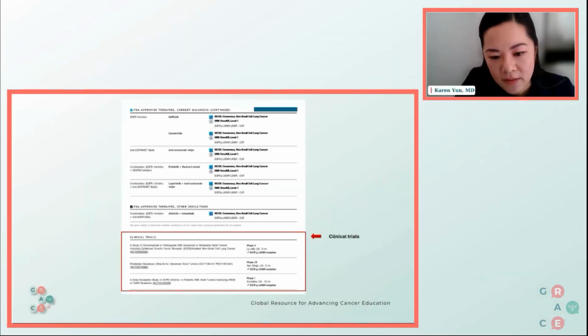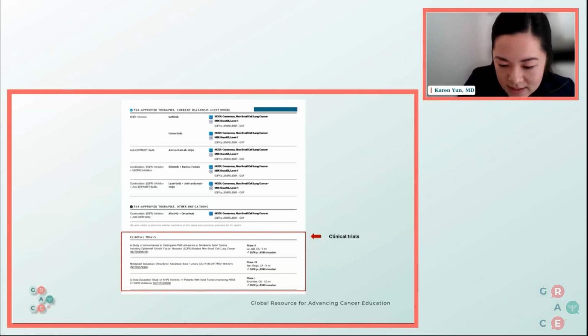And then at the bottom of this report is the trial section. And that can be helpful because this can provide information about what clinical trials are available based on the molecular alteration that is found. In this report, this is reporting the different clinical trials that are available locally. So since I practice in San Diego, that's why we're seeing here the clinical trials that are located in the San Diego area. And that can be helpful to discuss with your medical oncologist when you're thinking about clinical trials,